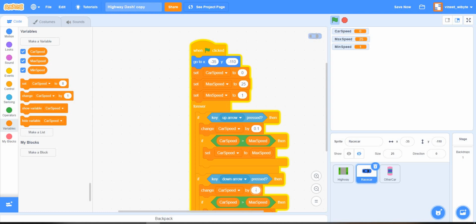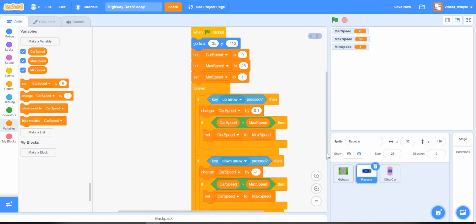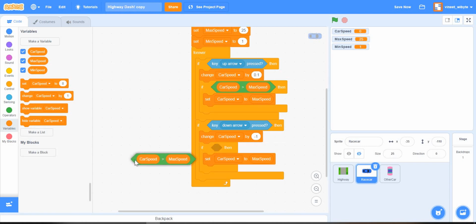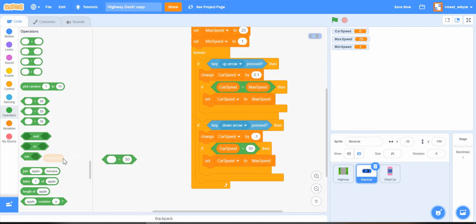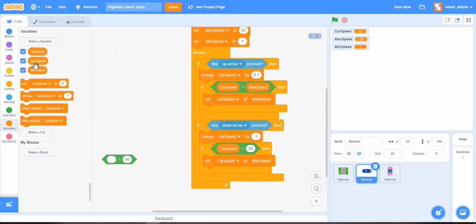Again, these numbers you can choose differently, but the whole idea is that the car speed should come down, and once the car speed becomes less than the minimum speed, I will fix it to the minimum speed. So instead of car speed greater than max speed, I'll use the operators to say car speed less than the min speed. If the car speed becomes less than min speed, then set car speed to the min speed.